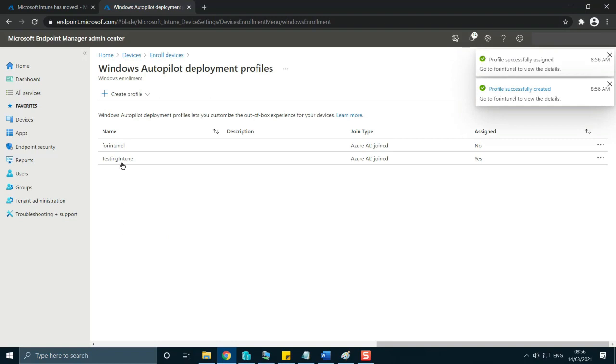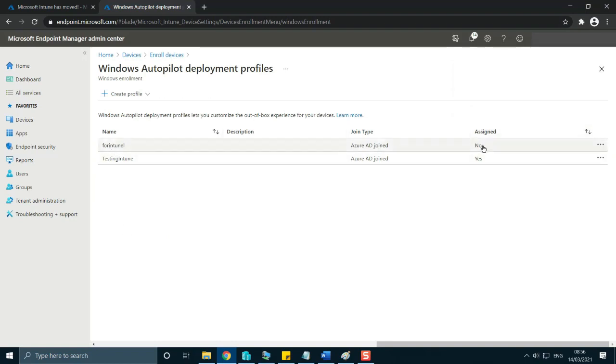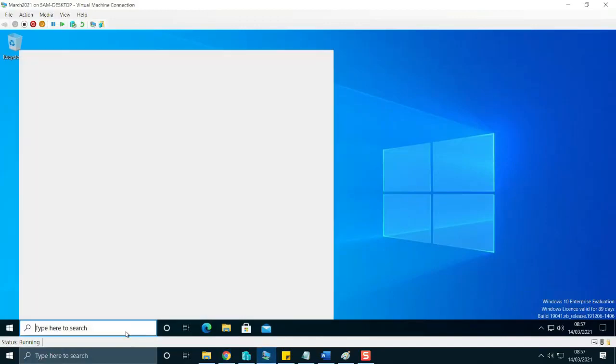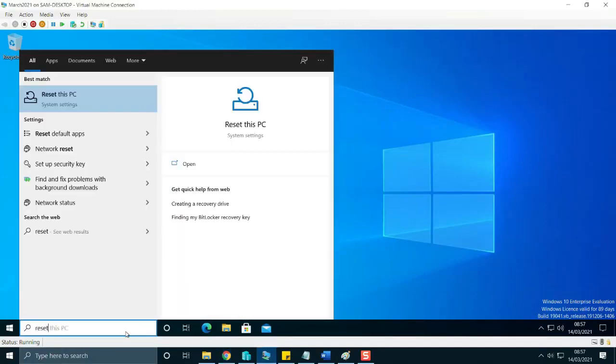Okay, so for Intune L, that profile is there. Okay, is it assigned? No, but how is it gonna assign? It's syncing in the background and it's gonna take a while. It will take a while. So meanwhile, what I would suggest is that we go back in our virtual machine and we're gonna reset this thing. So when it starts, this is where Intune gonna kick in, and we are expecting to see all the apps coming in automatically, autopilot, right? So reset this PC